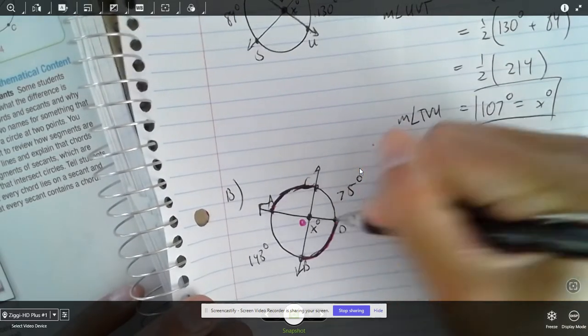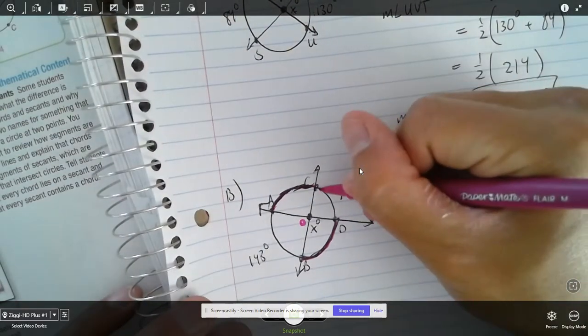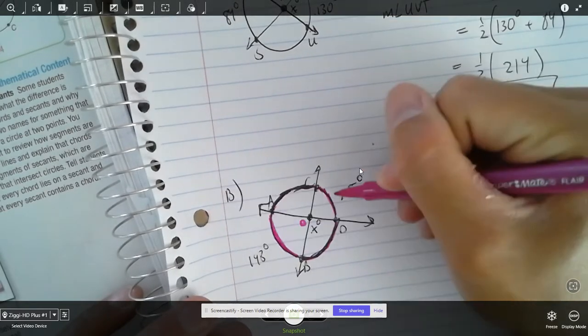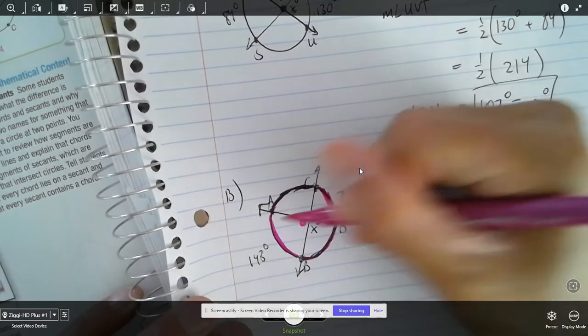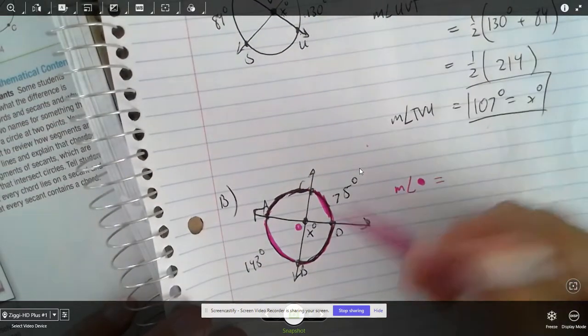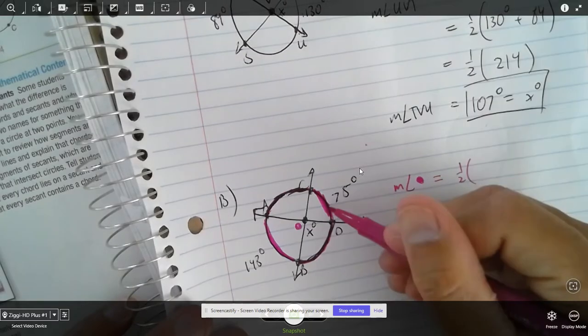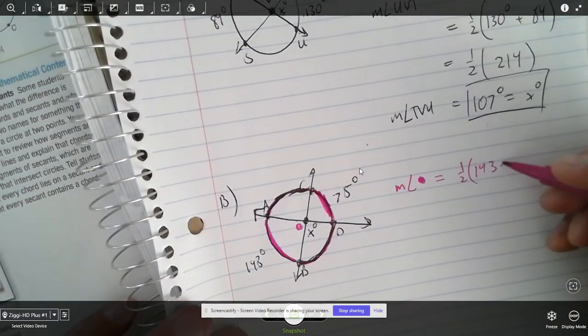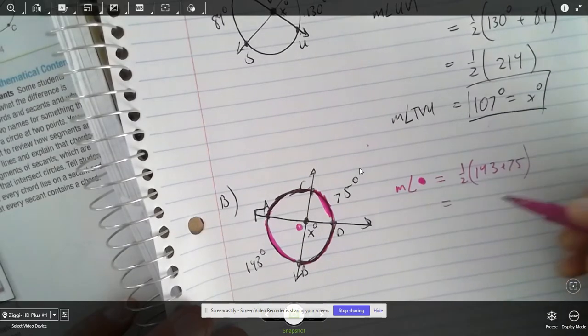Let's focus on these guys, making it purple. These are purple now, okay? These are super pink purplish, okay? So let's focus on these two. I definitely apologize, okay? It's just basically 1/2 of these two added together, because it's crossing on the interior. 143 plus 75. That should give me, I think, 208